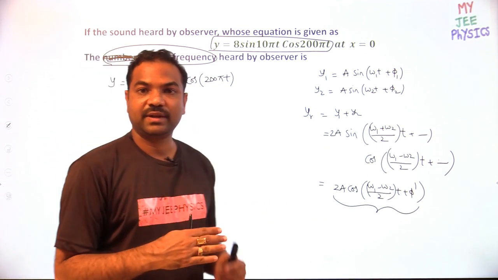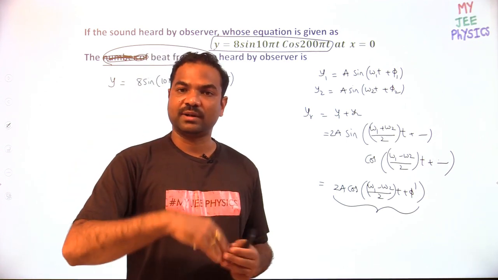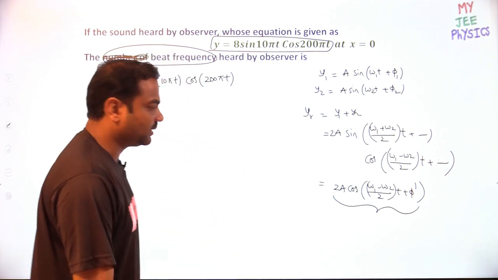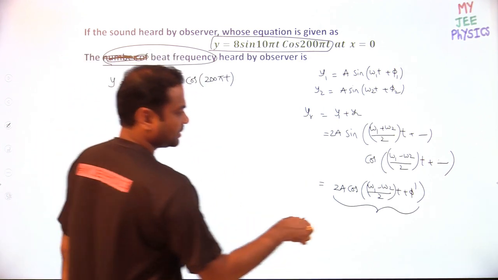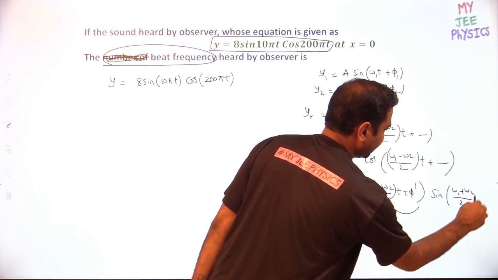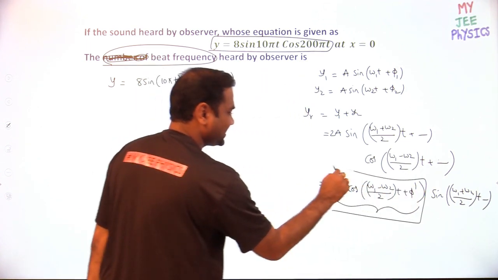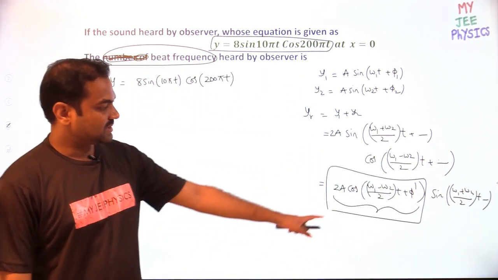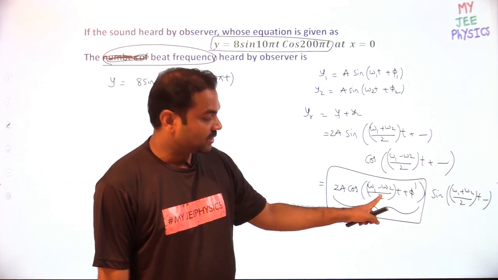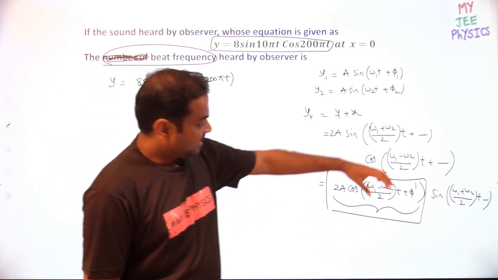That's why the intensity of the wave at a particular position where you stand keeps on changing, increasing and decreasing. One time increase and decrease we call a beat. I'm talking about intensity. So sine of something with omega 1 plus omega 2 by 2 into t, and something else, this is the equation. In this, what decides the beat frequency? This is the term which will decide the beat frequency, omega 1 minus omega 2 by 2, which is the smaller value.